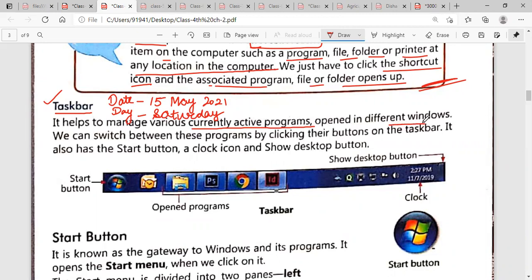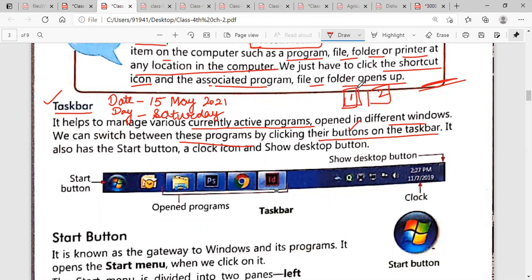The taskbar will also help to open various programs, and it can switch between these programs. If you want to open a first application, you can open it. If you want to open a second, you can click on the taskbar. You can open the second application by clicking their buttons.